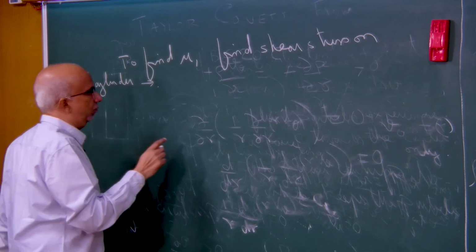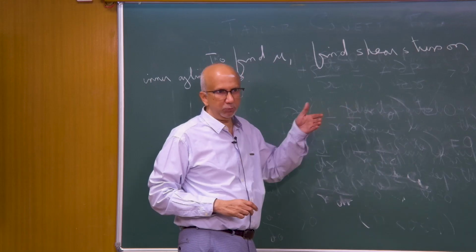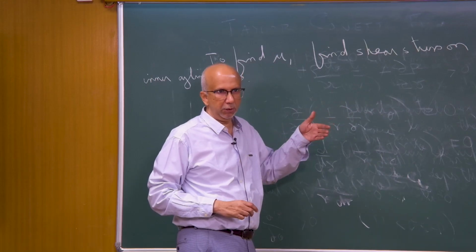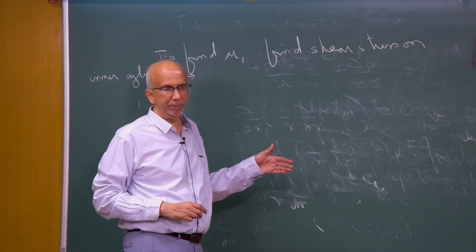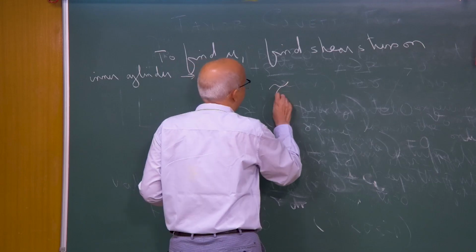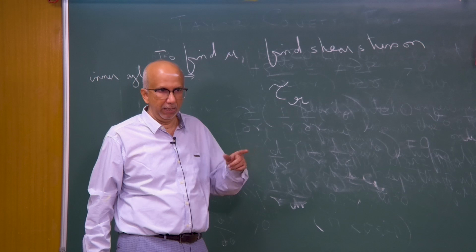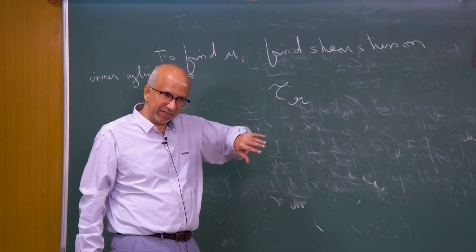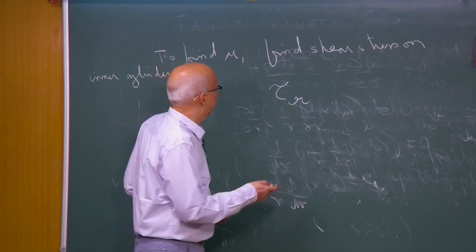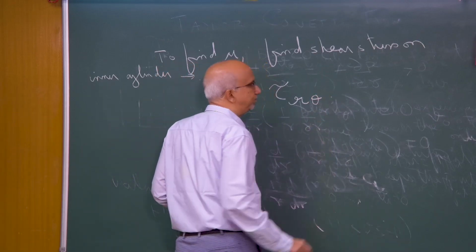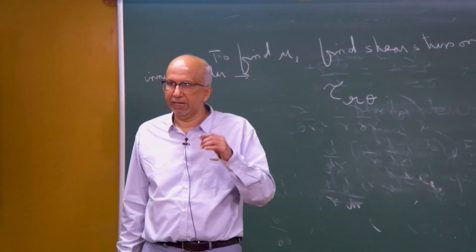So, what component of shear stress are we interested in? What is the radial outward normal for the inner wall? Outward normal will be the radial direction, okay. So, the first subscript I am interested in is r, because that is the direction of the outward normal, and I am interested in the tangential direction, which is the theta direction, because the flow is in the theta direction. So, I am interested in tau r theta, that is the shear stress, okay, which we have to find out,